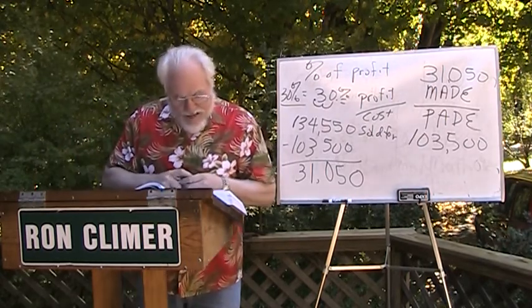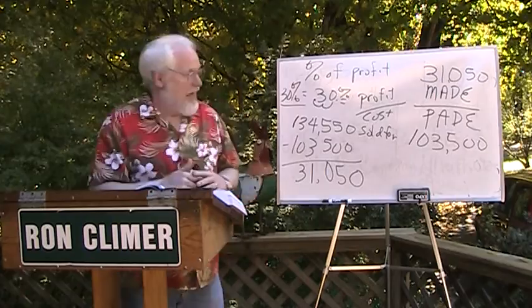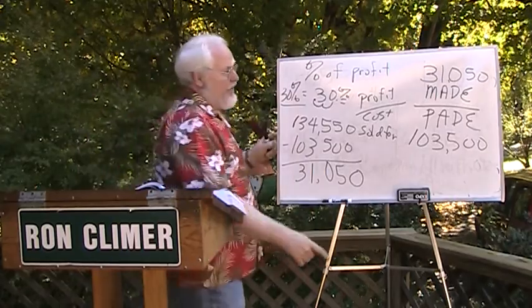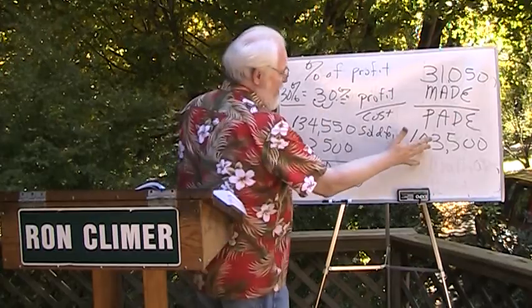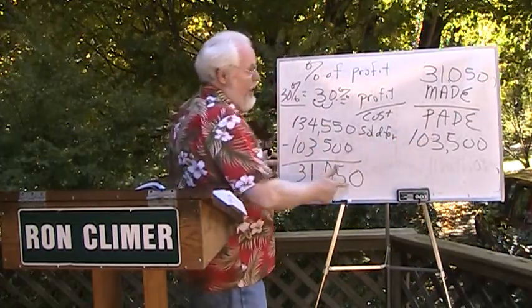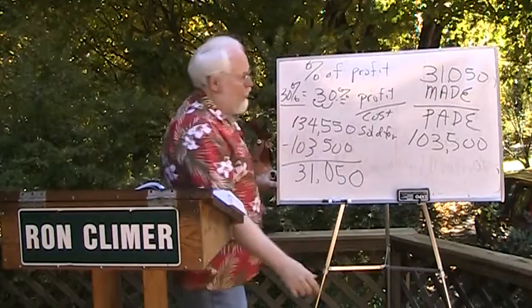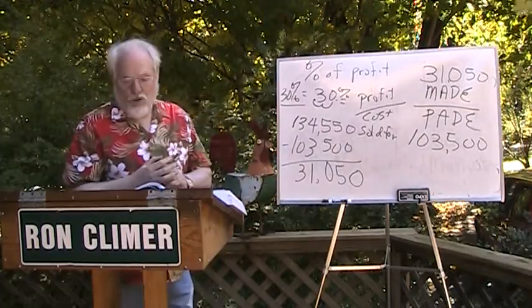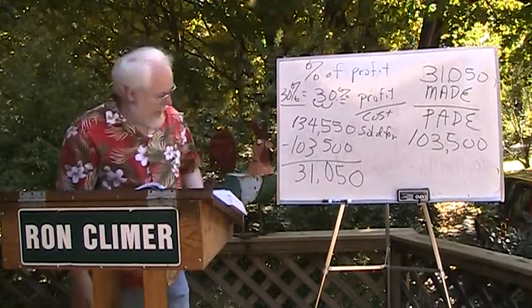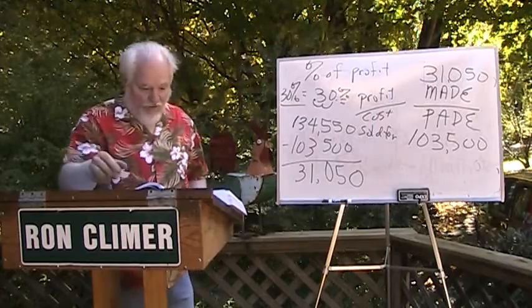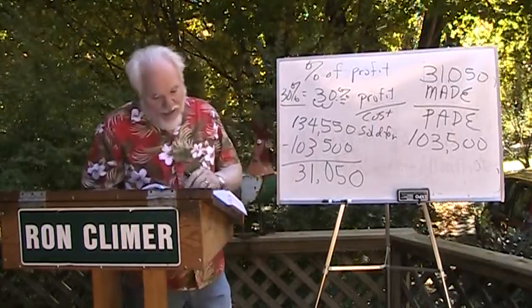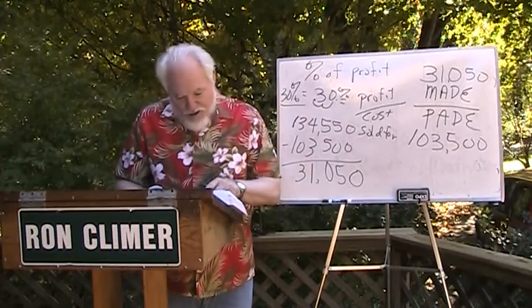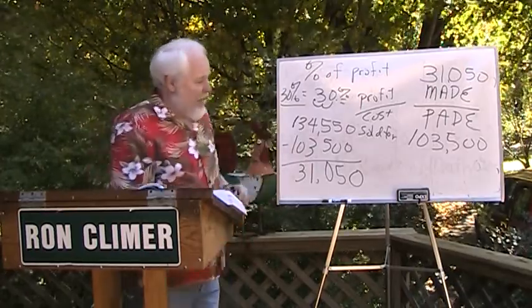So 37 is number C, 30% profit. What you made over what you paid. Figure out what you paid, figure out your profit, what you made over what you paid. Keep it simple, folks. Everybody good with that? I'm going to erase that, and we're going to move on to question 38, which is